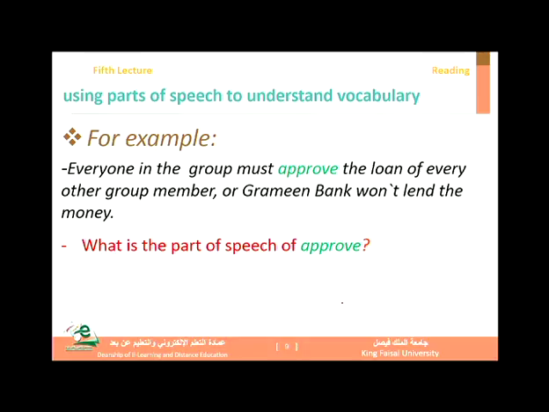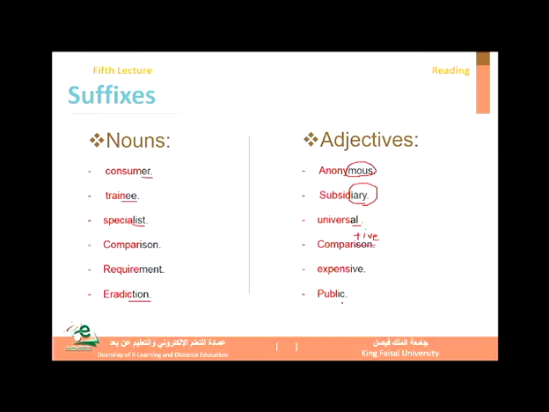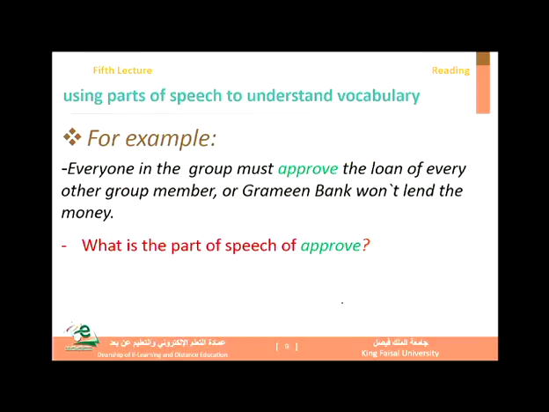Now, let's see how parts of speech could tell us about the meaning of the word. الآن تعلمنا عن nouns والadjectives. الآن خلنا ننتقل للأفعال. كيف أعرف من سياق الجملة أي جزء من الكلام هذه الكلمة؟ هل هي فعل؟ هل هي صفة؟ هل هي حال؟ أو هل هي اسم؟ So let's see the following example. Everyone in the group must approve the loan of every other group member, or Grameen Bank won't lend the money. لو سألتنا what is the part of speech of approve؟